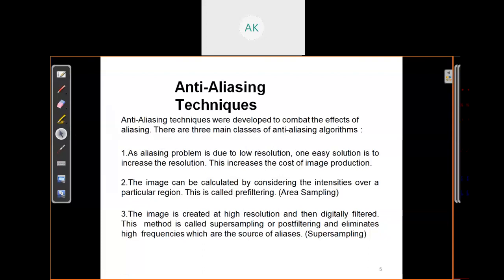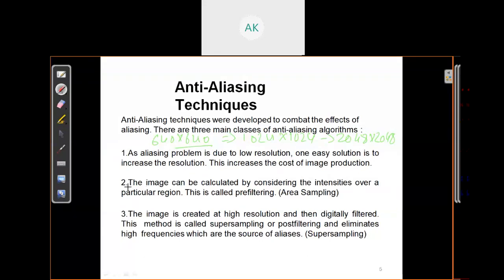If you have a low resolution device, just increase the resolution of your device. Suppose you purchased a mobile phone with a resolution of 640 by 640. The first solution, you just increase the resolution of your screen, or 2048 by 2048. So the first solution is very simple: just increase the resolution of your display device.